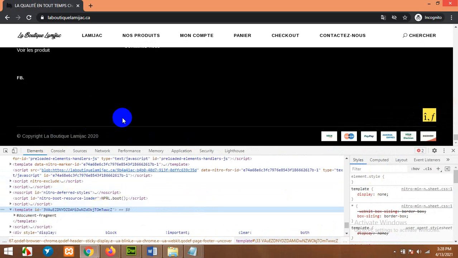But whenever you refresh the site, this ID will be changed by their automated system, which means that you are no longer able to hide this snippet using that specific ID.